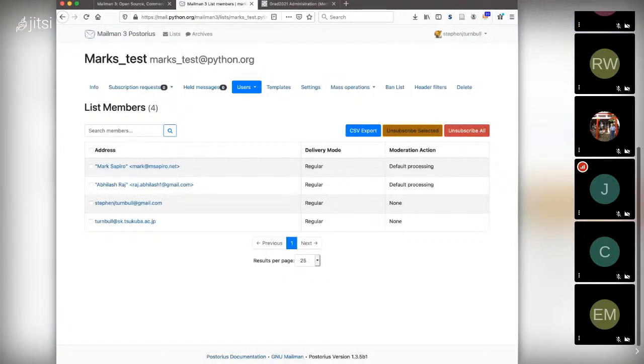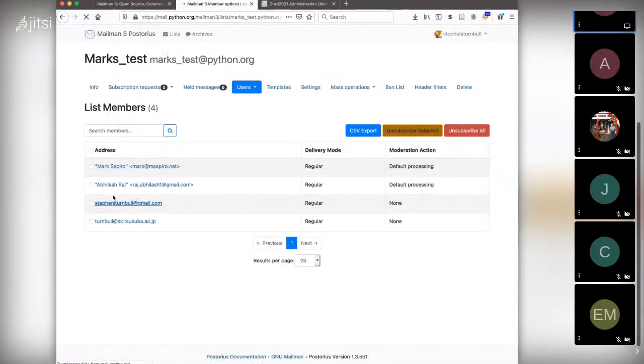So here's the membership list for a Mailman 3 list. And as you can see, there is pretty much nothing that you can do here. You can check them. I'm not sure what you can do if you do check them. I guess you can CSV export, you can unsubscribe. But those are actually, in my experience, relatively rarely used operations. CSV export, that might be useful, but the unsubscription, not really.